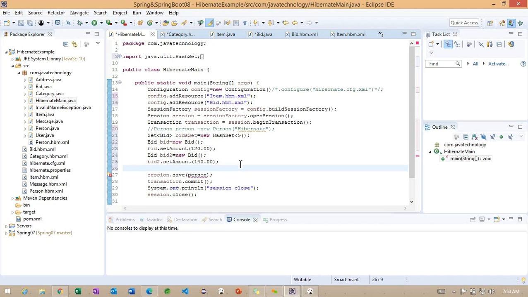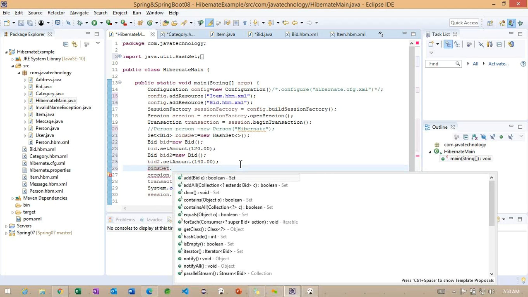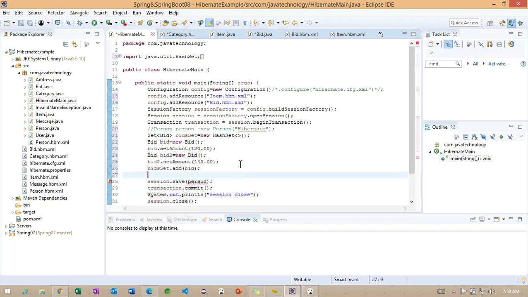Okay. After these two records, bidSet.add. bidSet.add. So first one is bid I'm going to add, and the same way I'm going to add this particular bid2 also. Right.